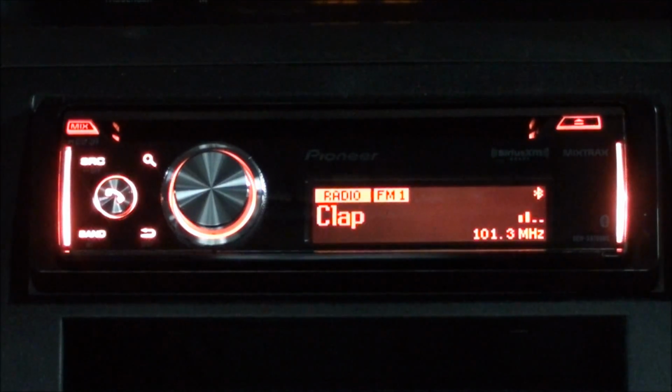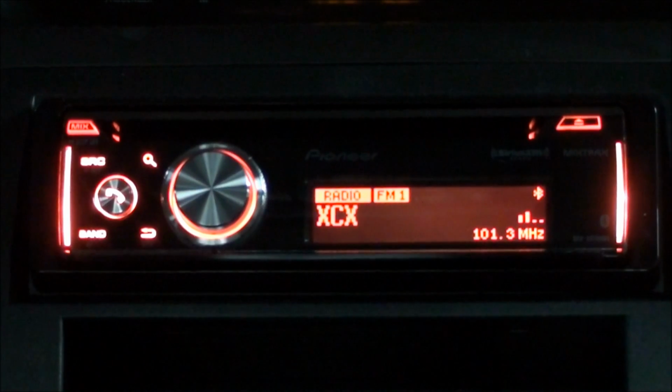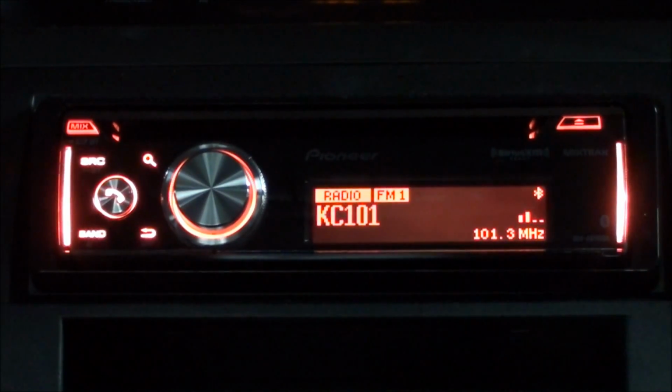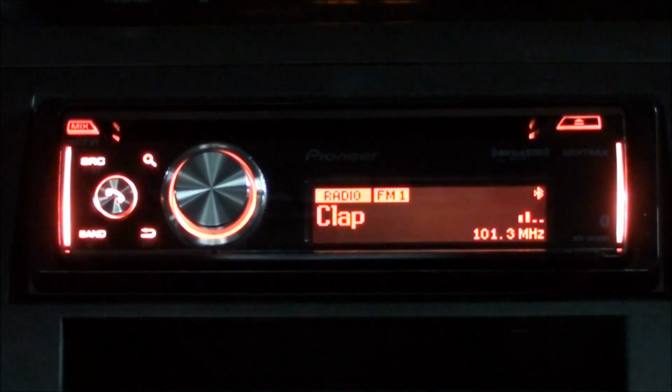It changes, by the way, the source changes really quick and kicks in almost immediately. If I remember correctly, the JVC took quite a while. I mean, that's probably exaggerating, a second or two. Whereas this one, now I have,